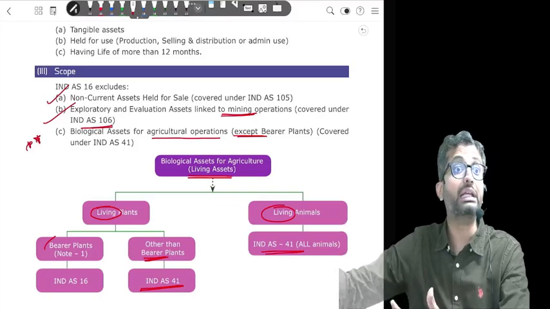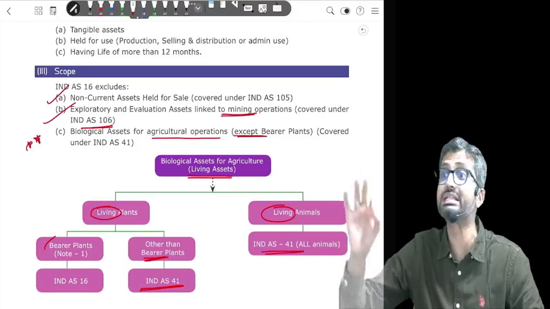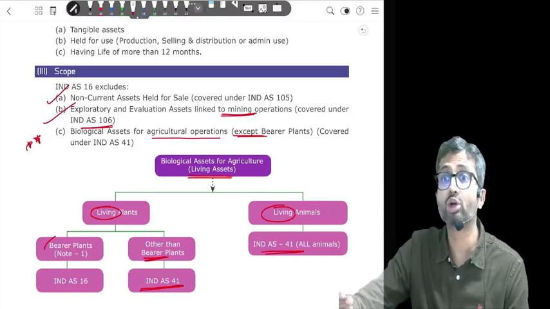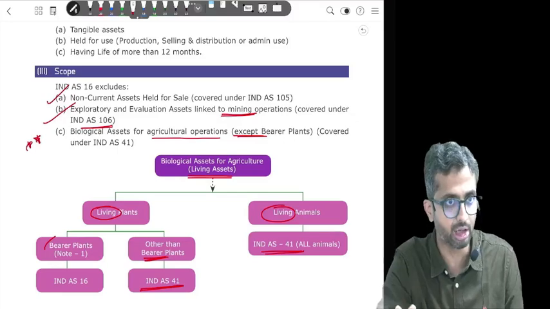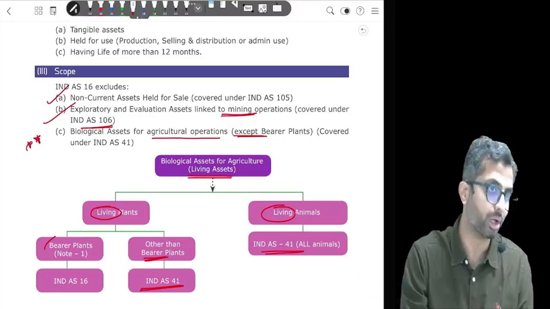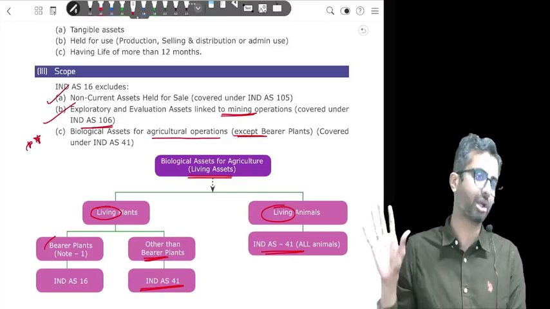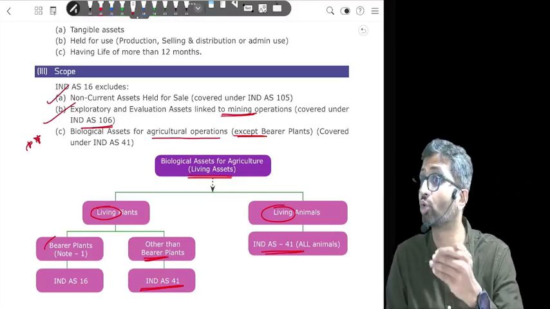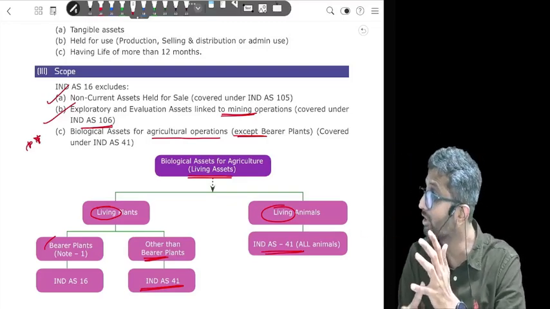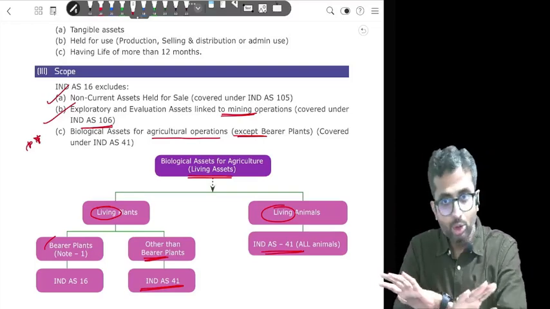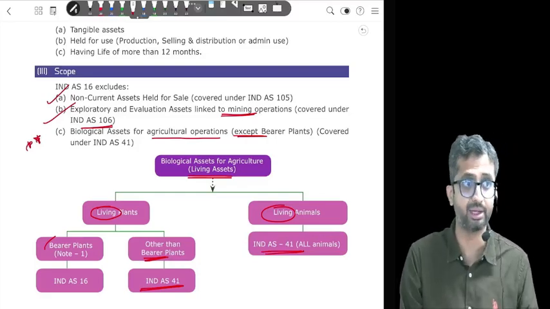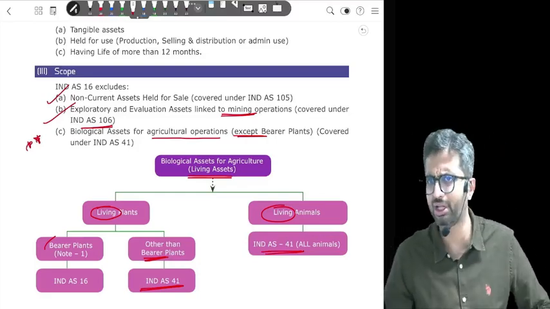So it is more like an intangible, a right to obtain services, which in certain cases can be shown as an intangible asset. But in general, when you go into an employment agreement, you can give a 1 month notice and leave. That does not show sufficient control over you. And as a result, almost in all company balance sheets, you will not see human resources as an asset in the first place. Let alone Ind AS 16, let alone Ind AS 41, let alone Ind AS 38. It will not be an asset because we don't control. And there are questions on this area in the intangible section. Are we clear with this?